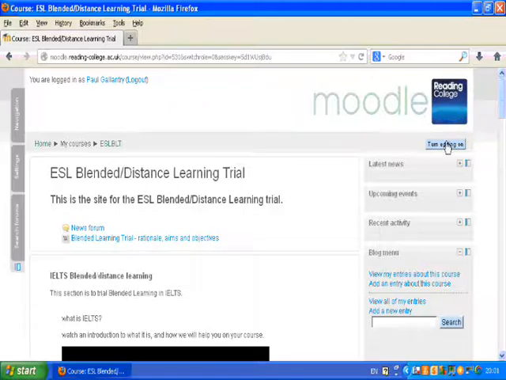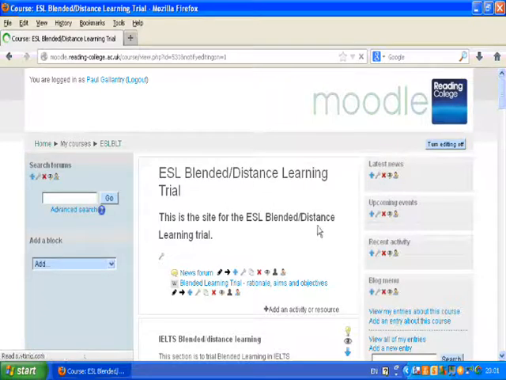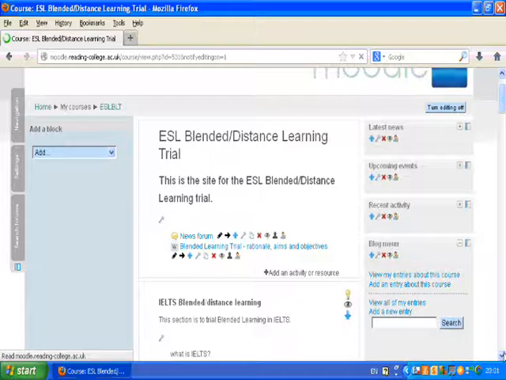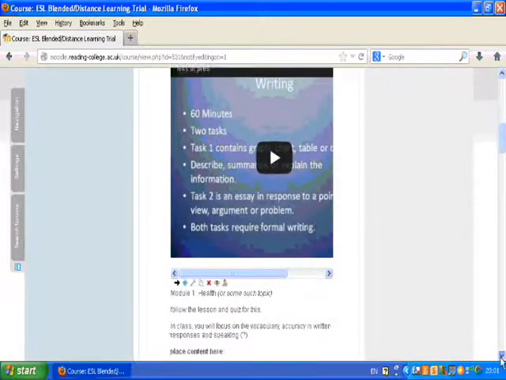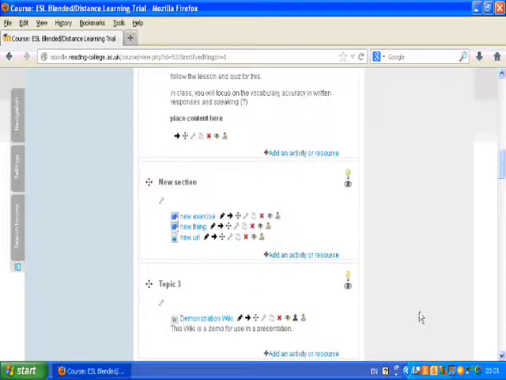Right. So we turn on our editing. And as you may notice again, the appearance looks different because we can edit all these bits on here. Okay, I'm going to insert a wiki, not Wikipedia, a wiki, down here in the new section. So first thing we do is click on add an activity or resource,